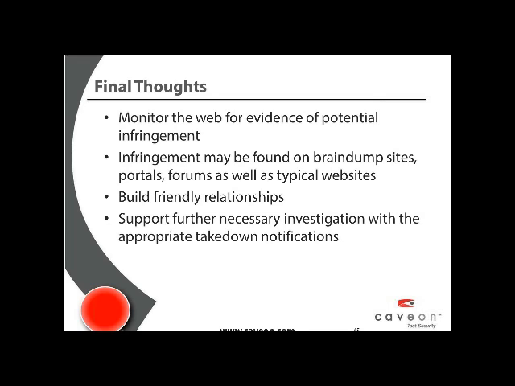After identifying the breadth and depth of your content exposure, be it copyright or trademark, sending out an olive branch to the site and forum operators, sending out the appropriate takedown notifications, ultimately the key is persistence. Persistence gets your infringed content removed quickly, and it helps to protect the security of your intellectual property from outside threats, and it goes further than almost anything else. And that can be the hardest thing for most companies, is just to keep at it. But if you do, the rewards are exponential.